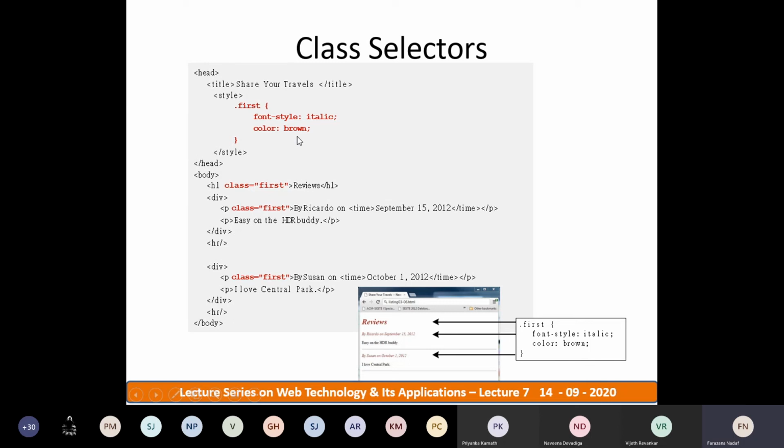Then color brown. So the color of the font. It can be any of the colors. You can use hexadecimal values. You can also use binary values. You can use a decimal value for the color declaration, right? Color properties. Then close the selector that we have created using a brace. Then close the style element. Then close head. Then open the body element.